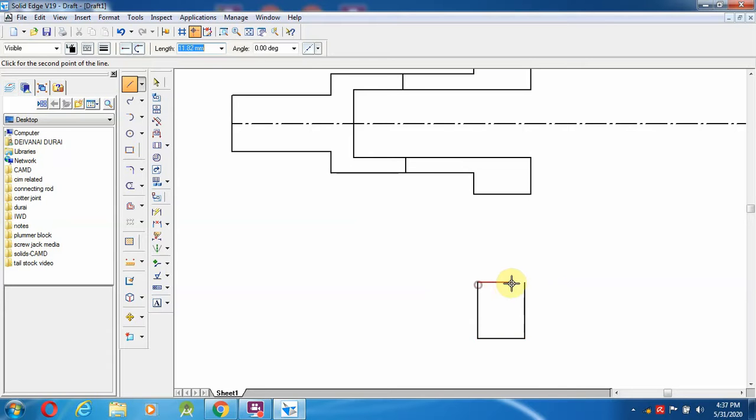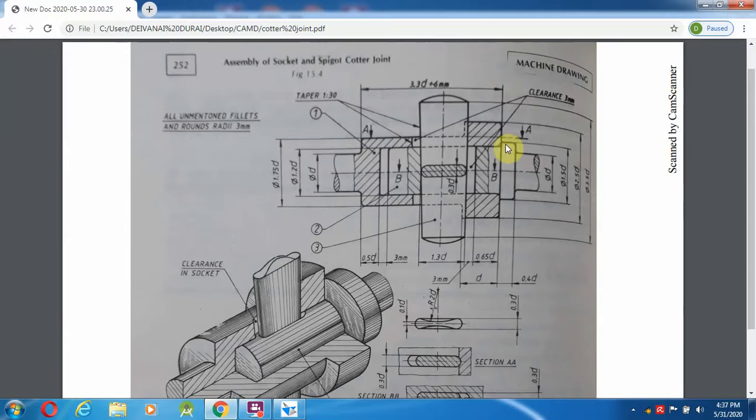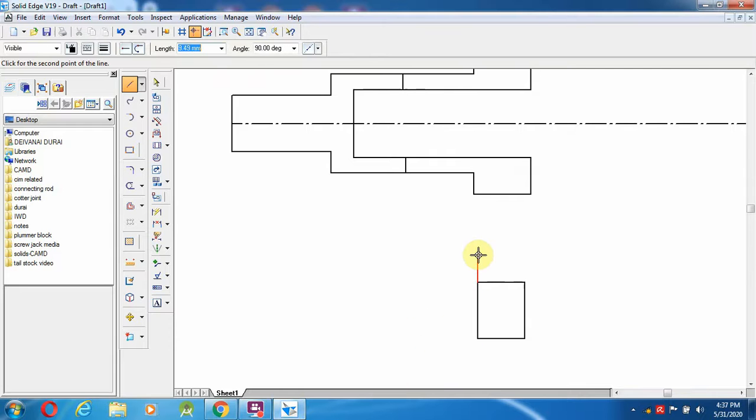Okay, so that's our own dimension. Then from here, what is the diameter of this one? That is 1.5d. So 1.5d we are getting as 30 mm. So from both sides 10 mm, because already we have drawn 20 mm. So 20 mm means both sides 5 mm, 5.